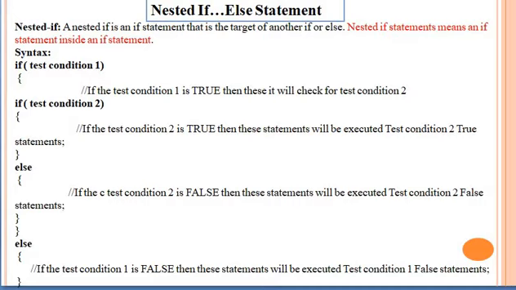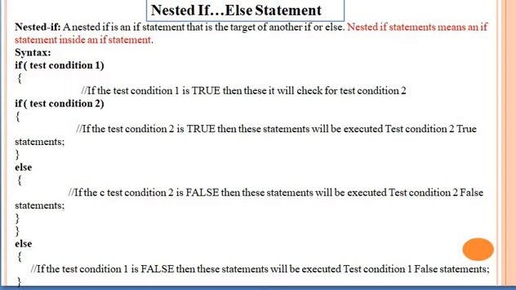Otherwise, if test condition 2 is false, then the test 2 false statements will execute. Suppose test 1 itself is false, then the test 1 false statement is executed. This is the syntax of the nested if else statement.